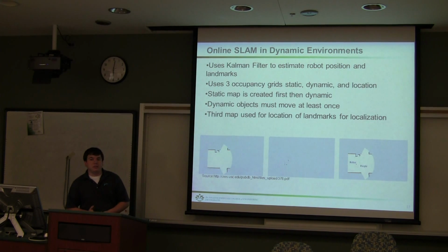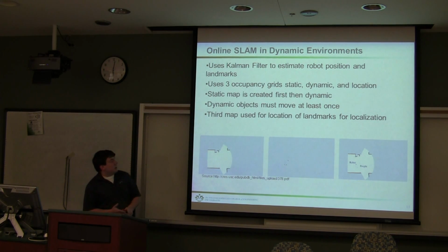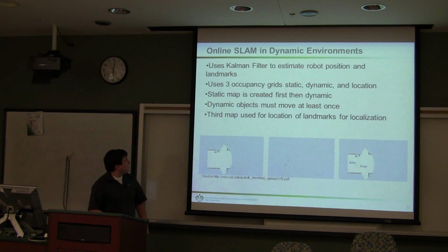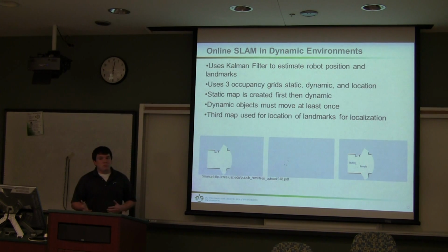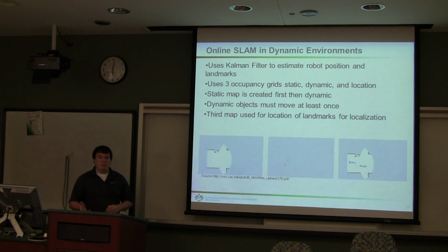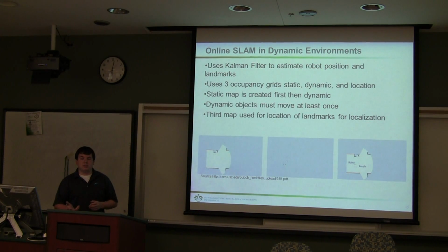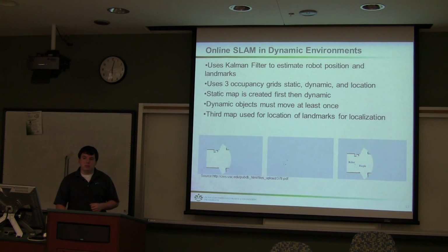The first map it creates is a static map. And then it also creates what's considered a dynamic map. The second map is compared to the first one, and the objects that have moved from the first map are considered to be dynamic. And from the dynamic map, it can do another scan to create a third map for localization. The objects that moved are thrown out, and it keeps the static points